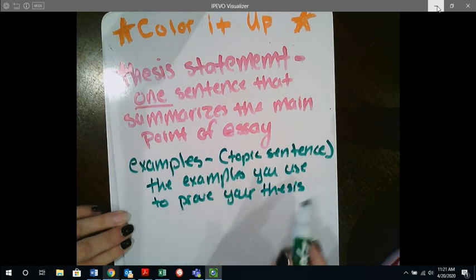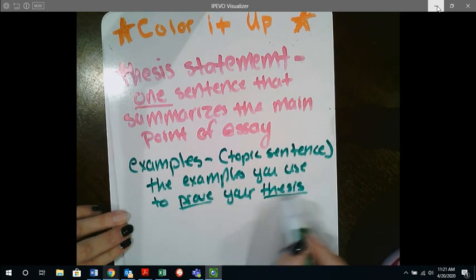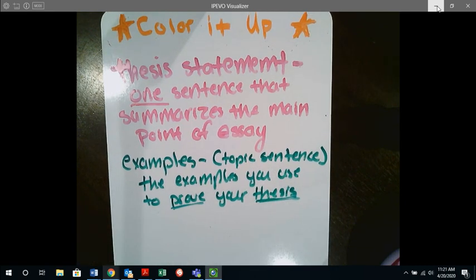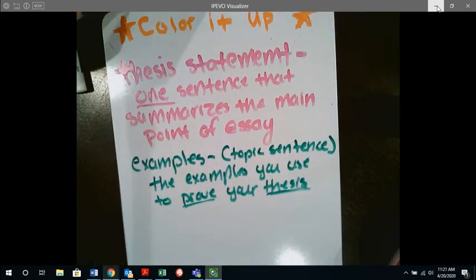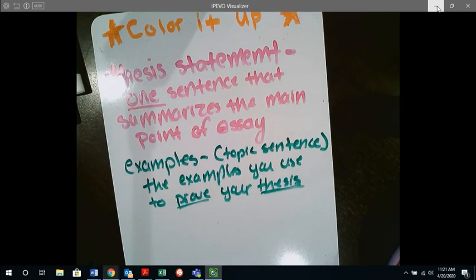So these are the examples that you use to prove your thesis statement. We know that your examples can be personal examples, it can be from literature, it can be from history, it can be anything that you use that will help prove your point. The next thing that you'll be highlighting